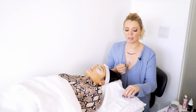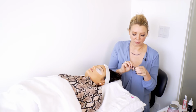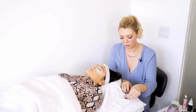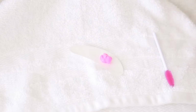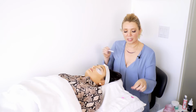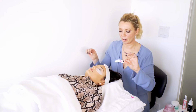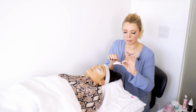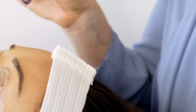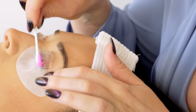And I'm just gonna put it right on the backing of my gel pad so I have a little surface that I can throw out after. It's pretty pink. So we're gonna use about half of this on each eye, and we really wanna cover everything. You don't want it obviously to get in the waterline, but we wanna cover from root to tip. Some people will leave out the very tip of the lash if they're fine because they don't want to over-process